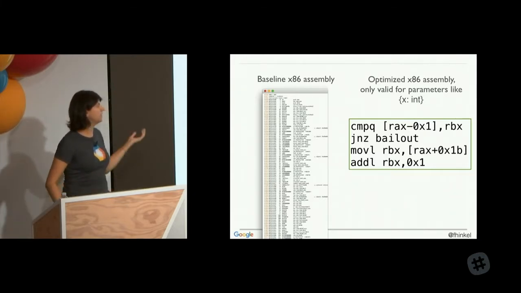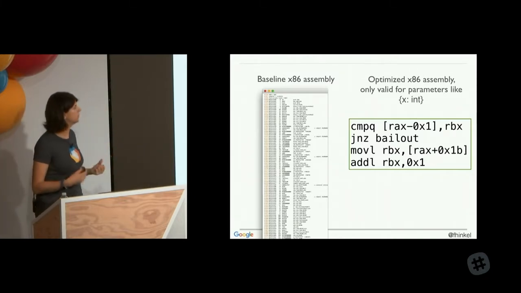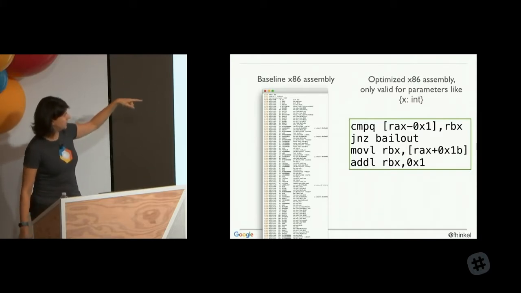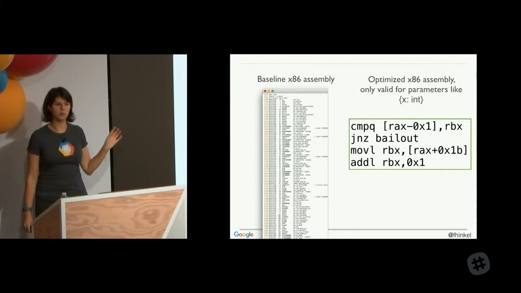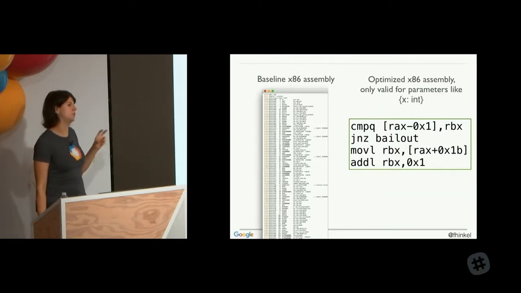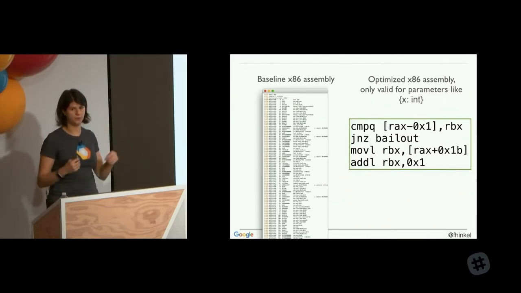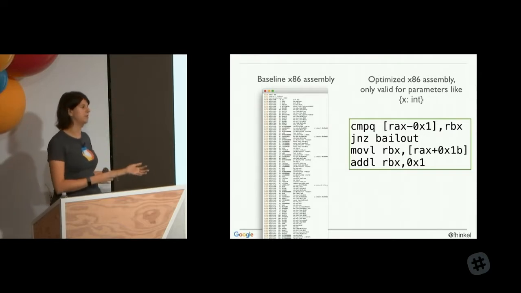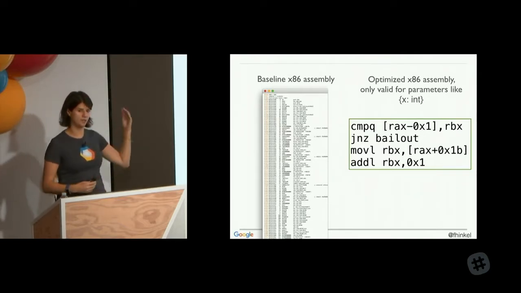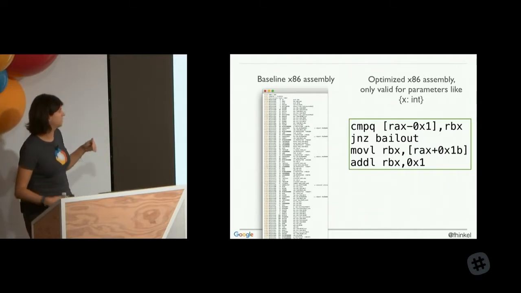And this might look very cryptic, but it's actually not that hard, especially because we know what this little add function is doing. So if we look at these 4 lines of code, the first line is CMP, compare. This is where we are comparing that the input matches what we were speculating. So we have this hidden class in the background in V8 where we write down what an object shape looks like. And we're just comparing that the new input matches what we've seen in the past, because only for that kind of input is the optimized code right. So this is a little check or guard before we can use the optimized code.